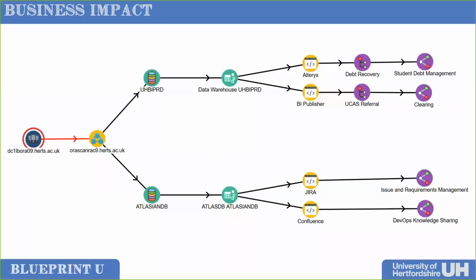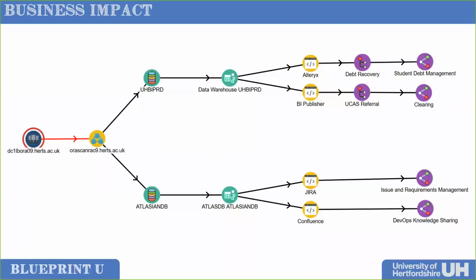Here we've got a slide showing business impact. So this is one we captured earlier in the year when one of our particular servers went down. That server was underpinning part of our Oracle RAC. What's really interesting about it is that we hadn't realized at the time that that particular server underpinned such a wide variety of systems. So looking as we go across, that Oracle RAC had dependent on it Alteryx, which does